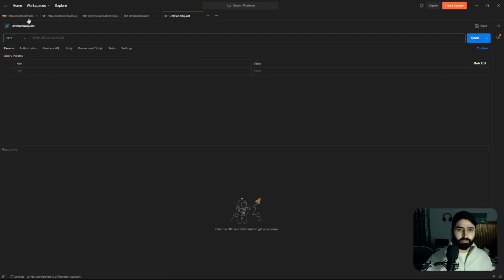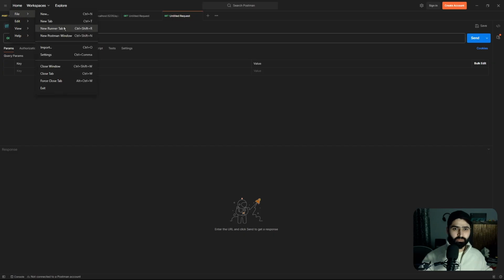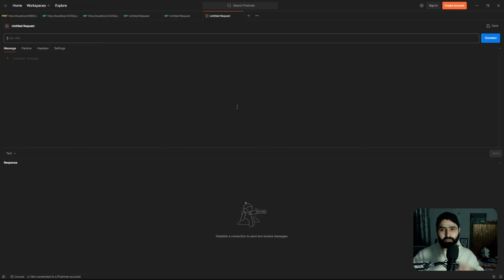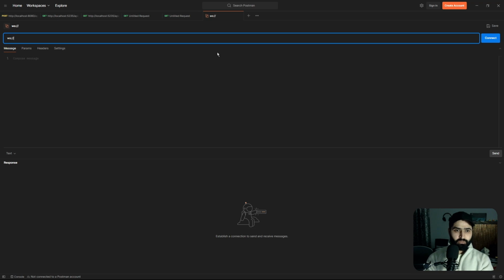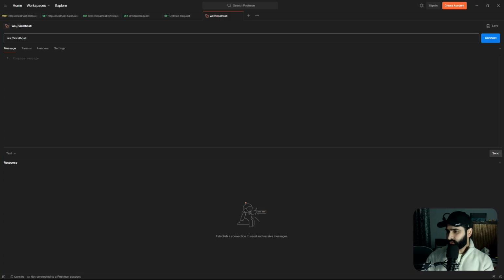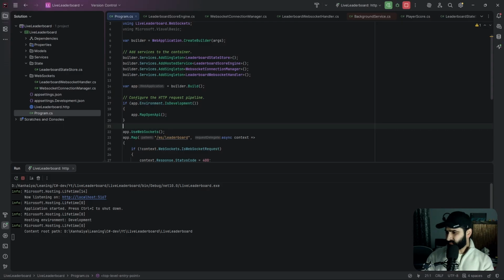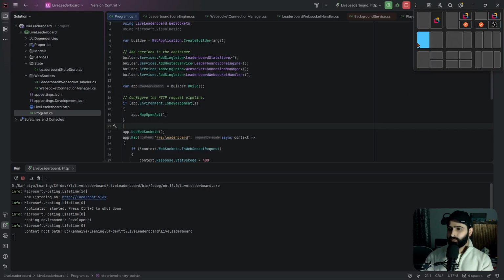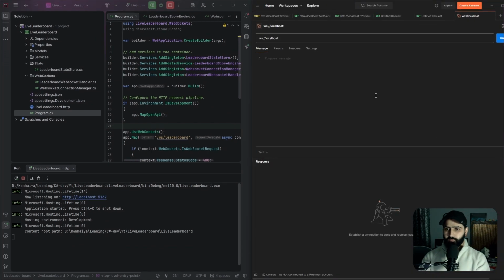Cool, so postman is here, so we'll create new, we'll go to WebSocket और यहाँ पे हमें चाहिए एक WebSocket रिक्वेस्ट। तो उसके लिए हम यहाँ पे जाएंगे WS लोकल होस्ट, कौन से पोर्ट पे चल रहा था हमारी एप्लीकेशन, इसको हम यहाँ पे सेट करते हैं, इसके बगल में हम खोलते हैं हमारा पोस्टमैन। ठीक है, तो हमारी एप्लीकेशन चल रही है 5167। देखते हैं कि हमारा वेब सॉकेट सही से कॉन्फ़िगर हुआ भी है या नहीं।